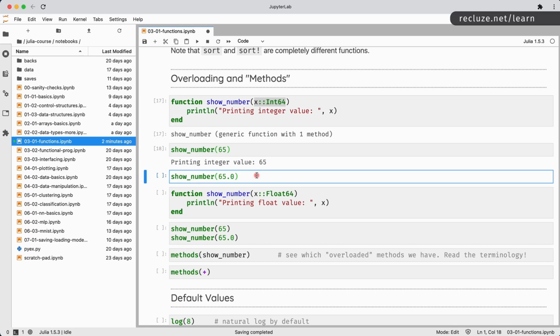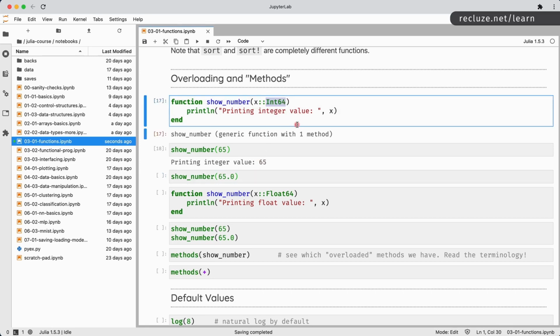Moreover, a float cannot be promoted to an integer, right? So that's very important. If we had defined this x as a float and we had tried to pass it an integer, that would have worked because integers can be promoted to floats, but floats are higher up in the hierarchy than integers, so they cannot be converted into integers automatically. So if you try to do that, you'll get an error.